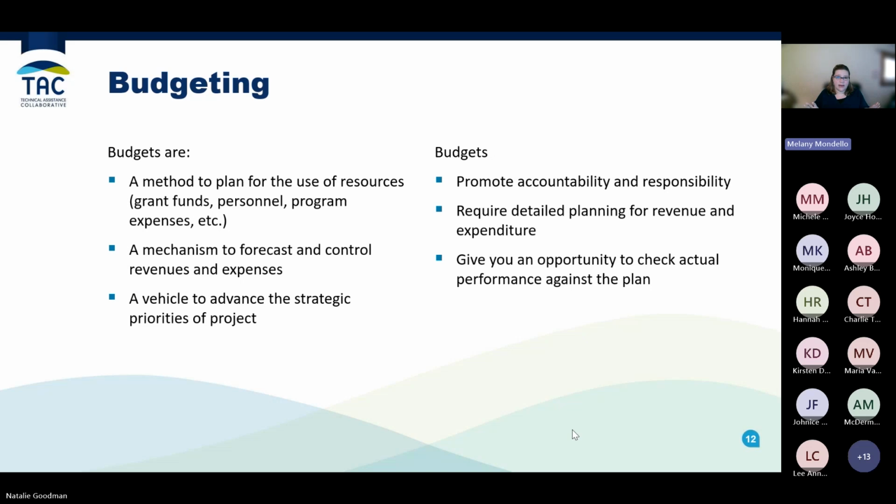Just a couple more kind of level setting before we get into the meat of the topic. Budgets. I hope that all of you have a project budget that you're working from. Each project should have a budget. HUD asks you to submit a budget when you apply to the funds annually. The HUD budget alone isn't going to get you what you need to manage your program well. Here you can see some principles that go well beyond the HUD chart that's required